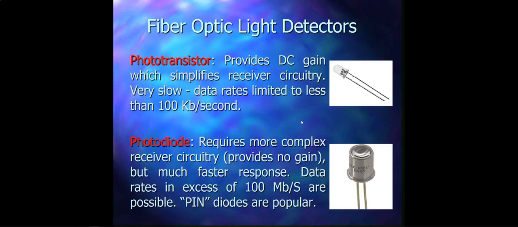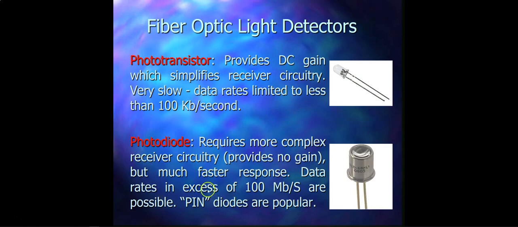Now next we have fiber optic light detectors. Under that we have phototransistors and photodiodes. Phototransistors provide DC gain, which simplifies receiver circuitry, but they are very slow. Their data rates are limited to less than 100 kb per second. Photodiodes require more complex receiver circuitry and provide no gain, but they have a much faster response,